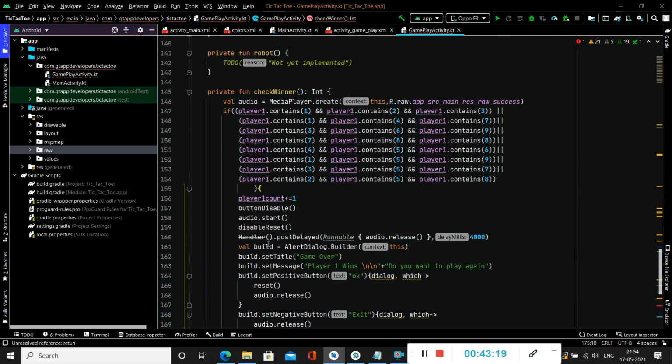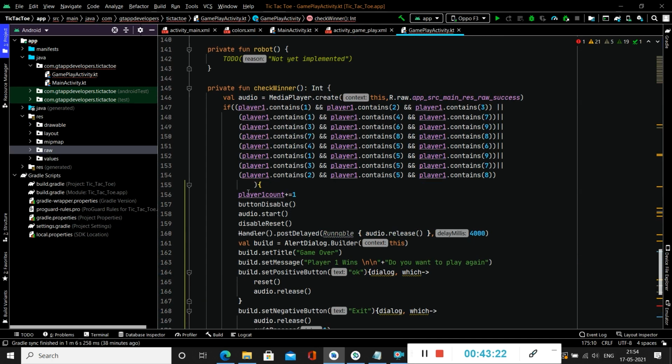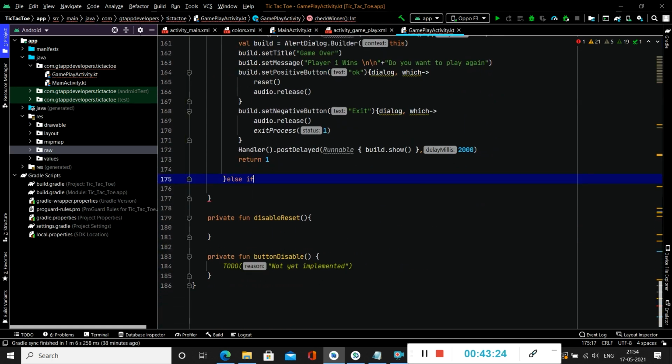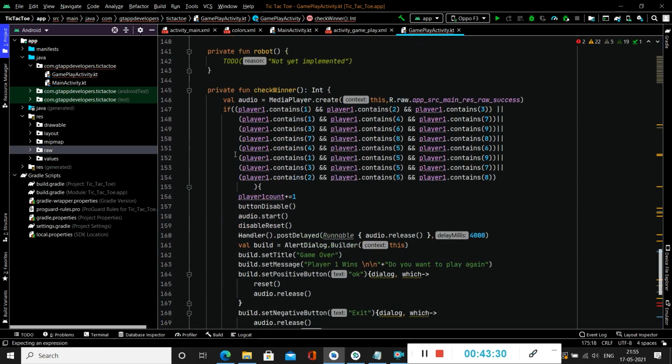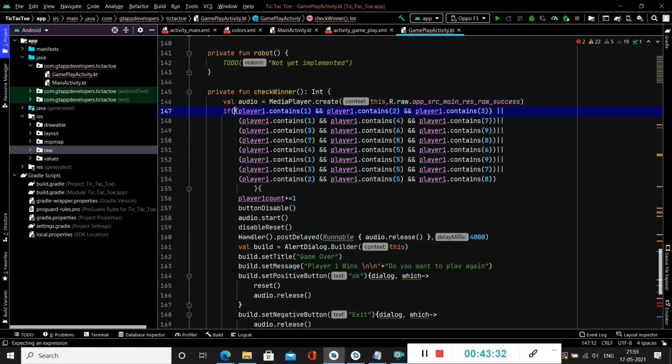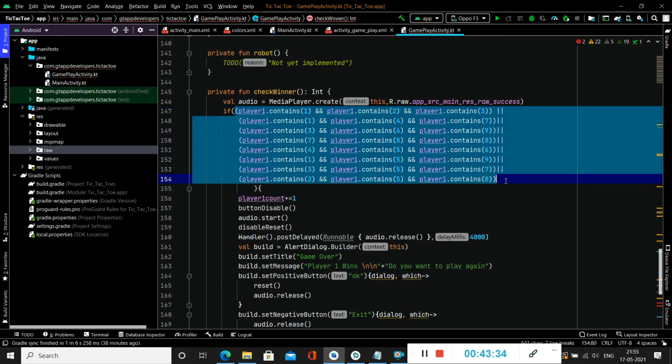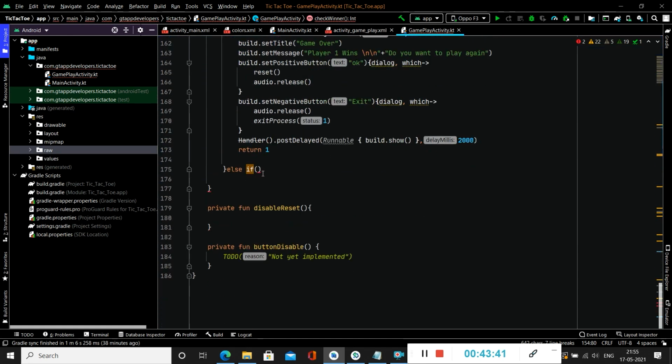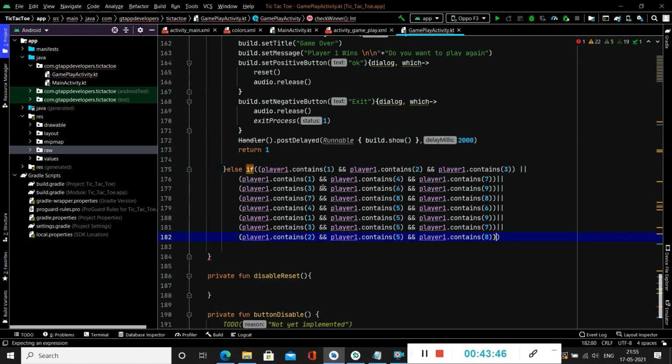Now here also, we will add the else if condition for this one. In the else if condition, we will have to write similar code, but we only have to check it for player 2. So we will simply copy this one, and instead of player 1, we will add player 2. That is, this will be a similar pattern for our player 2 as well. So for adding this, we have to add this in here. We simply have to change player 1 to player 2 for all.